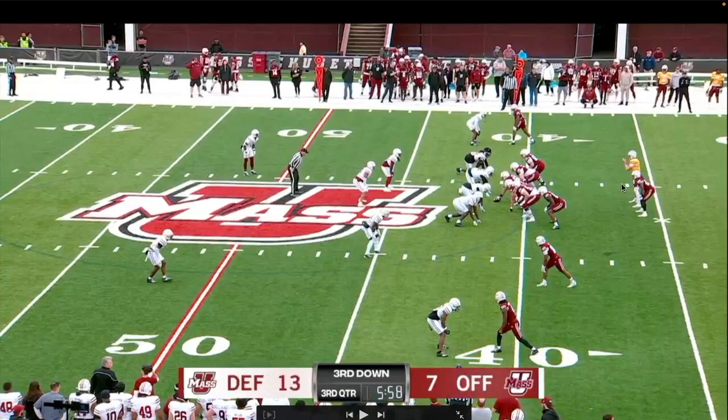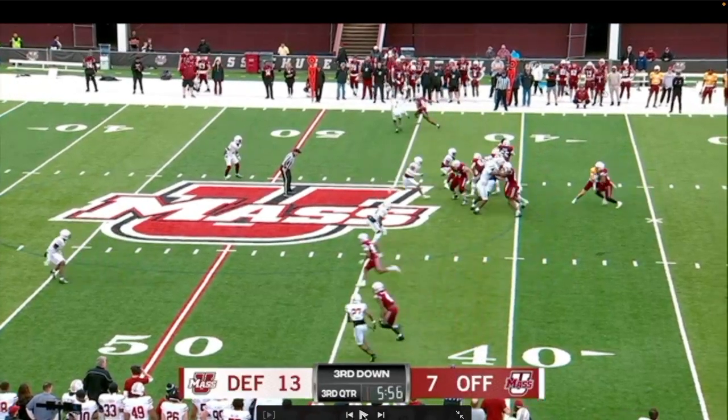They can either hand it off to the running back, or they can pull it away from the running back and decide to make a throw. So when they're making that decision, it depends on the route, but they're typically looking at one of the defensive backs to make that decision. So he is going to have this option here. He sees this